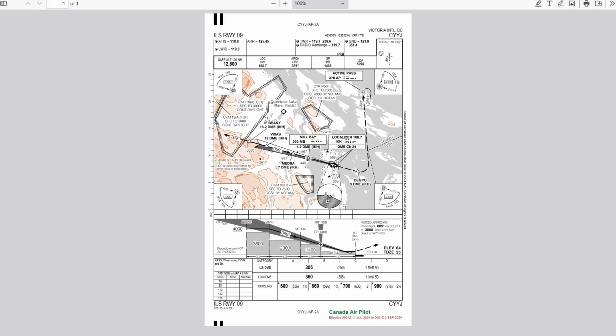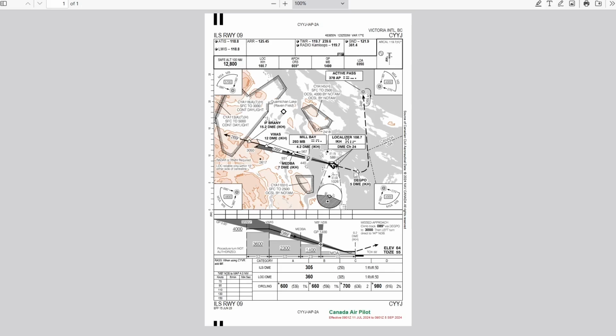So, a straight up and down view: Victoria Airport, Mill Bay non-directional beacon, and all the corresponding waypoints that are on this chart. It gives the frequency for the non-directional beacon, which we'll have the plane tuned into. Up here it gives the frequency for the instrument landing system, 108.7, and all the other information, including a look at the terrain. Now this line, if you make a missed approach, for whatever reason you don't break out of the cloud, or you don't see the airport when you do, or the clouds are lower than the limits allow, you do a missed